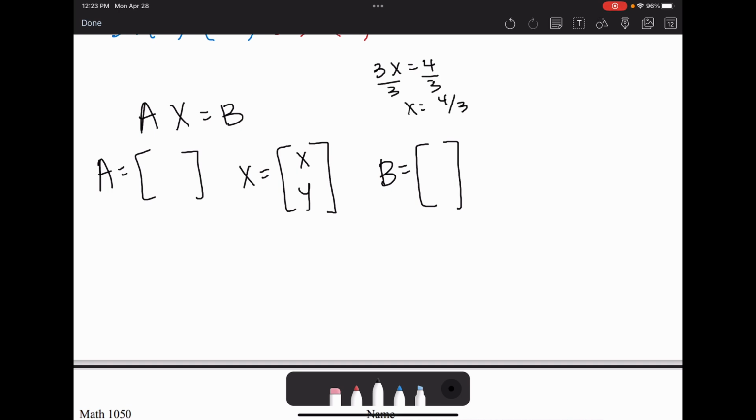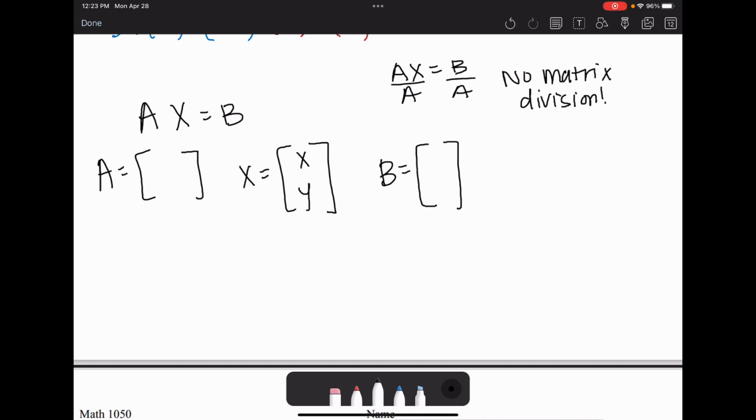But with matrices, it's different. So we have AX equals B. We don't have matrix division. That's not defined. So we can't just divide by A. So what we do instead